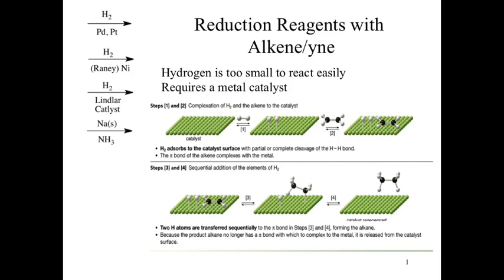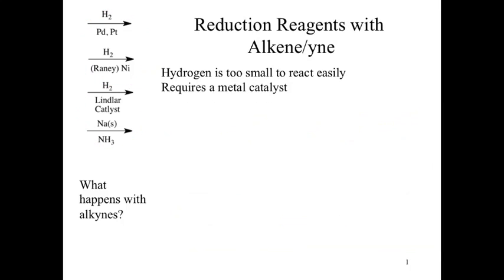And away we go. So what we'll finish up with is our redox reactions with our alkenes and alkynes. Within this, what we're looking at is our reduction reagents. We've got a set of 4. The top 2 will do pretty much anything you want. They'll react with alkenes, alkynes, pretty much any pi bond out there, and reduce it entirely. The bottom 2 are exclusive to our alkynes, and they do some kind of interesting stuff when it comes